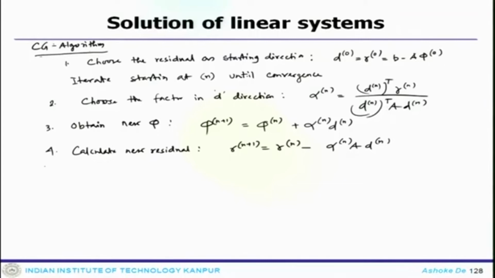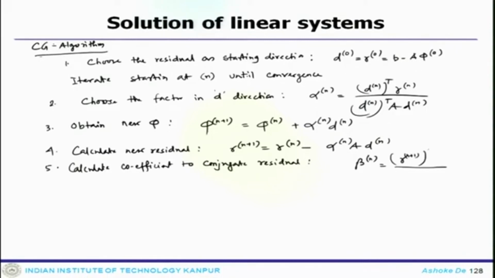new value of the variable phi, and then one has to calculate the coefficient to conjugate the residual. How? Now, here you get beta n equals to R n plus 1 transpose R n plus 1 divided by R n transpose R n. So, that is how you calculate the coefficient to conjugate the residual,